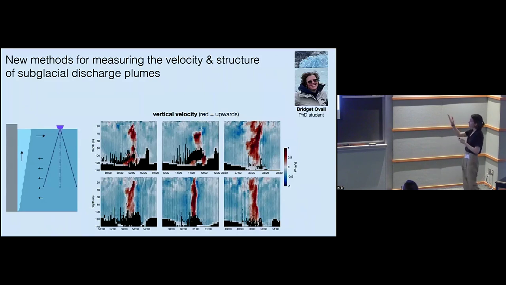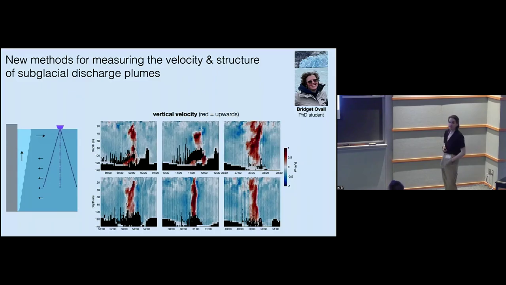And so a big part of what Bridget has been doing is developing new methods for measuring the velocity and structure of subglacial discharge plumes. So this is with ADCPs on the surface vehicles. I won't get too much into these details, but there are at least two big challenges you face trying to sample these plumes. One is that their spatial scale is relatively small compared to the beam spread, the acoustic beams that are used to make these measurements with ADCPs. And so you can't use typical assumptions of spatial homogeneity in the flow field that you're sampling with the acoustic beams. And so we have to get creative about how we can